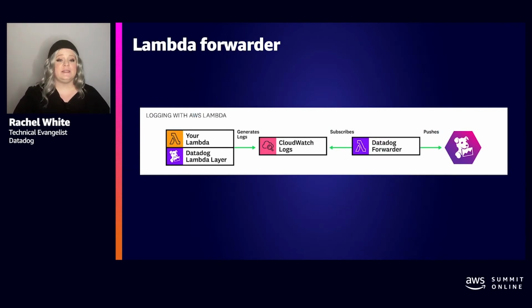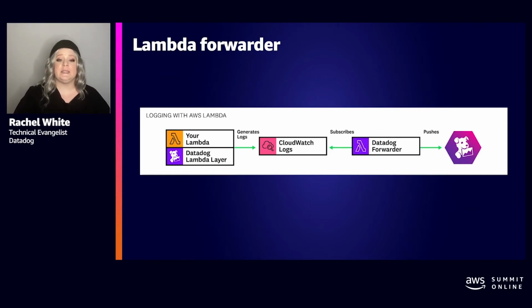And then for logs, Datadog's Lambda layer automatically forwards CloudWatch logs to the forwarder, which then pushes them to Datadog. The forwarder can send logs and other telemetry to your account, such as Amazon S3 events and Amazon Kinesis data stream events. Deploying the forwarder via CloudFormation is recommended, as AWS will then automatically create the Lambda function with the appropriate role, add Datadog's Lambda layer, and create relevant tags like function name, region, and account ID, which you can then use in Datadog to search your logs.